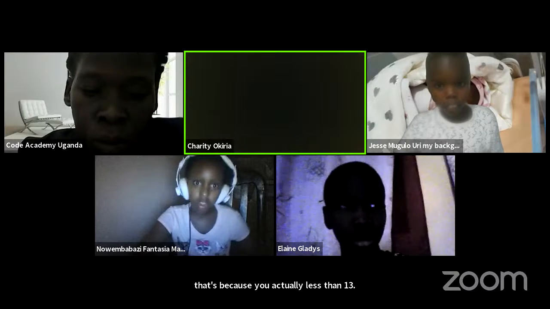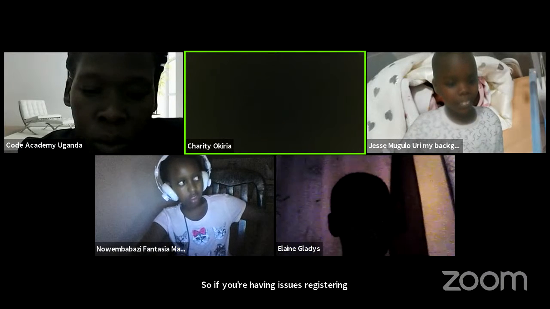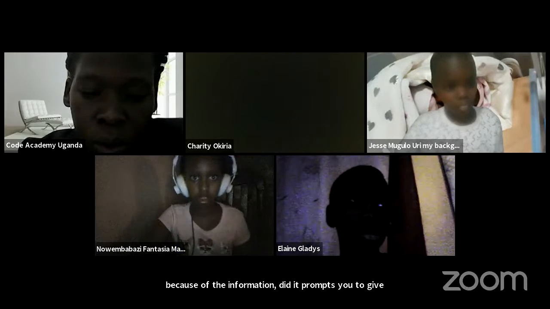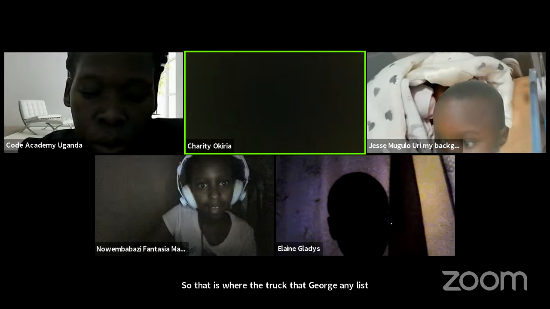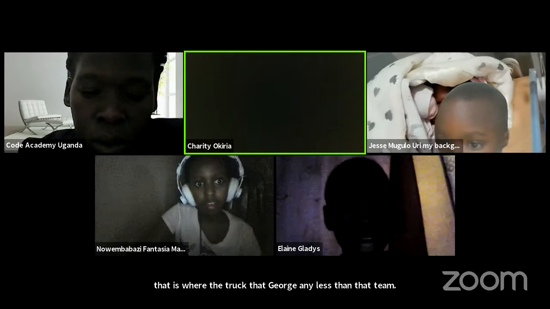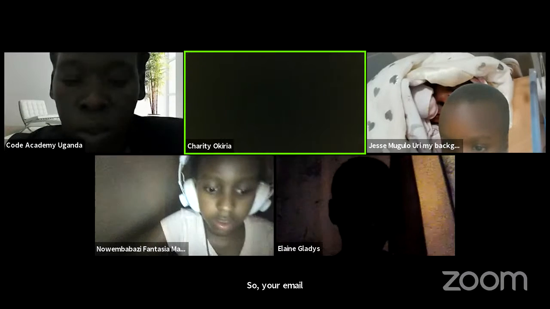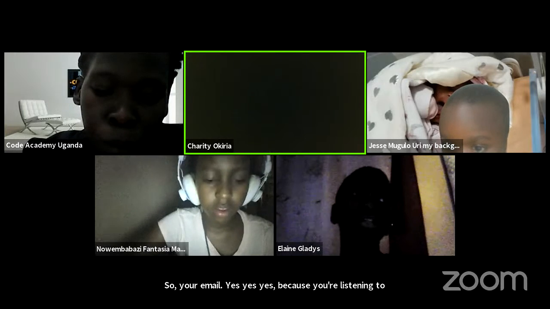So if you're having issues registering, it's because of the information. Did it prompt you to give an age, like date of birth? Yeah. Aha, so that is where they track that you're actually less than 13, from your email. Yes, because you're less than 13 years, you're unable to get an account.